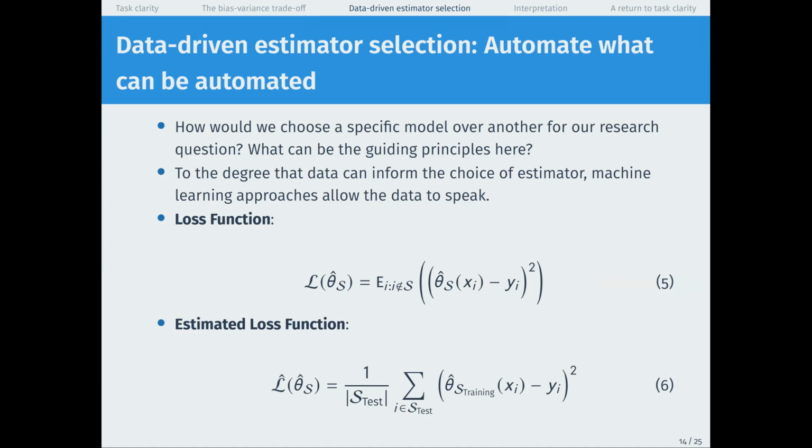Now, this is a case where I think machine learning folks can learn some from the statistics folks. So I think a lot of people in machine learning do this just because they think it's what we do. We always take a test set and take the average squared error in that test set. And it's helpful, I think, to keep in mind that the reason we do that is because we care about this unknown loss function in the whole population where we might be trying to make our predictions.